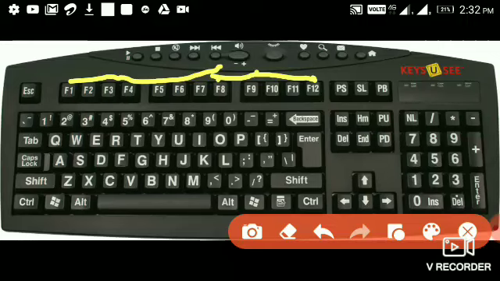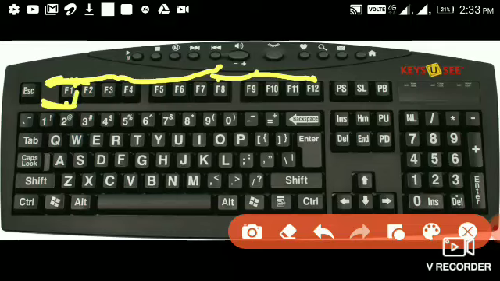We use them to perform specific functions, and the functions of these keys differ from program to program. It depends upon the program that is running, or upon the software, what the function of these keys is. The function of the F1 key in most programs is to access the help file associated with a program. Some keyboards may have fewer function keys. So F1 is used for help in many software programs.